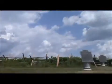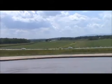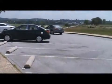Pretty much where the Union was set up over there, out where that big hump is. Over there, and then back to the other side of the town where that little cemetery is, where they were setting up to. Yeah. Actually,